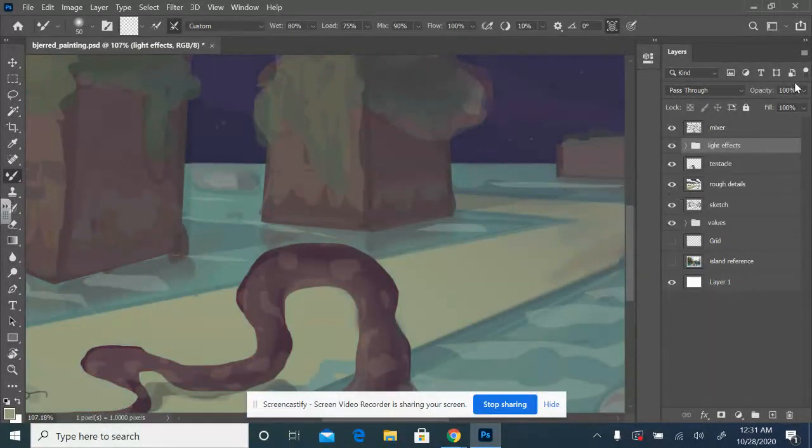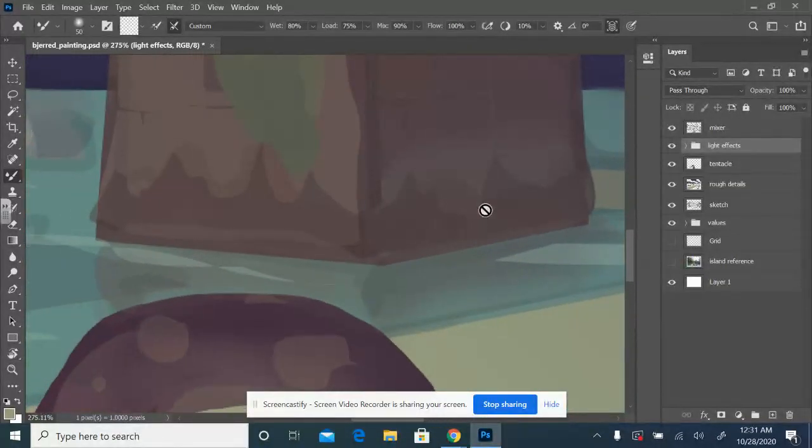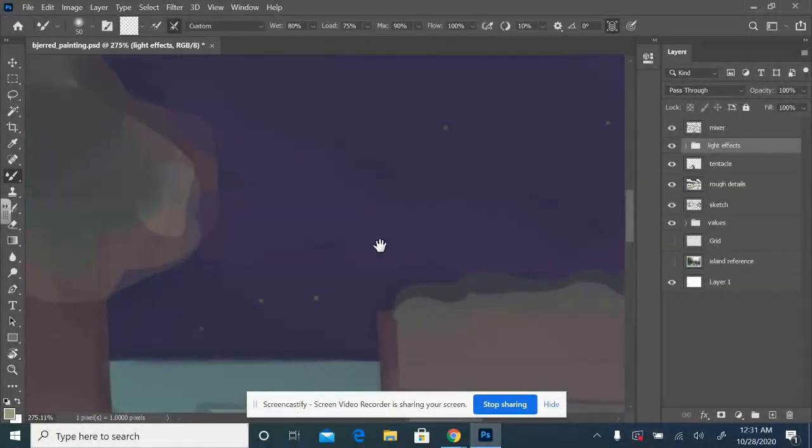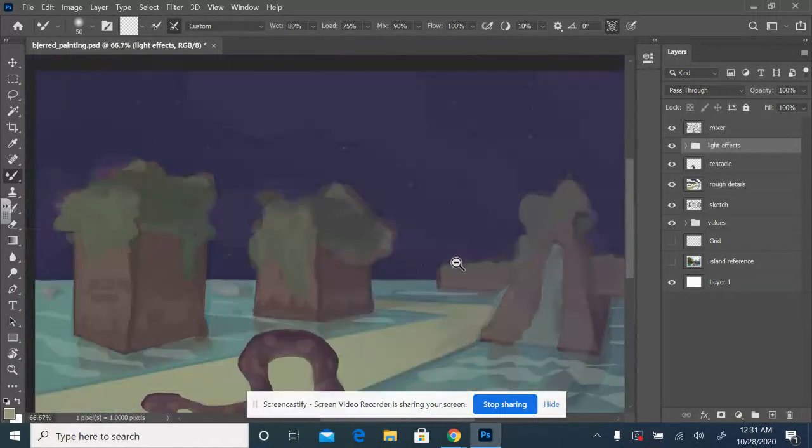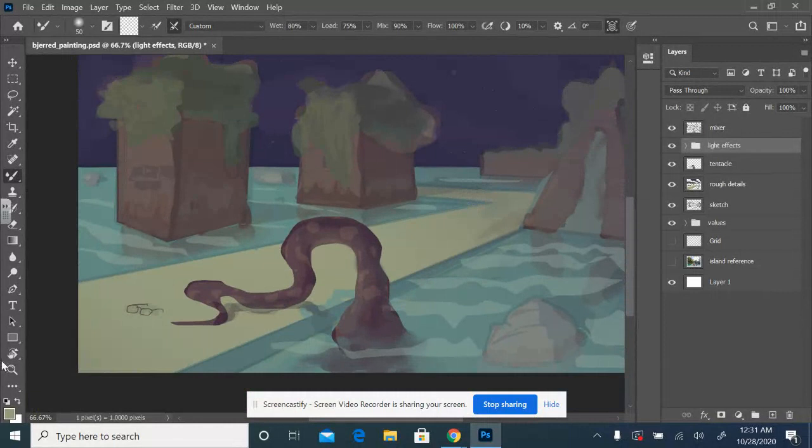turn on and off, adjust the opacity, how to use a mixer brush to blend some of your colors. You can see where I blended some parts of the sky. How to use a regular brush, choose your colors. I also used a trick, and I'll show you on a layer,